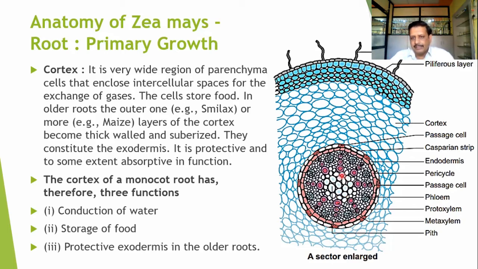Now here the larger elements are at the center and the smaller elements are at the periphery. The larger elements are known as the metaxylem, and the smaller xylem elements are known as the protoxylem elements, and the phloem is alternately arranged with them. Thus the root has a typical structure, and the endodermis and the stelar region is the basic water conductive zone of the root.